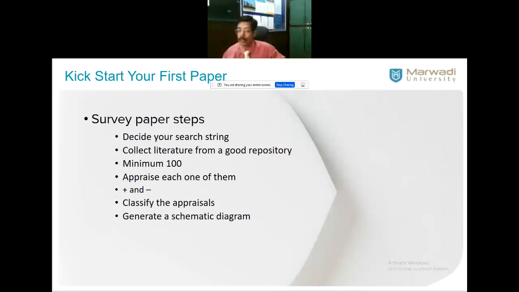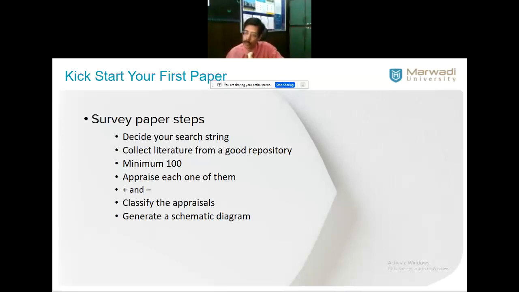Five people can produce PhDs. So that is possible. Then in that, which direction should I go? Your guide will help you with that. So you need to collect literature from a good, authentic repository. That is why friends like Jaja sir used to take the Scopus index. Marwadi also is so keen on at least one Scopus index or SCI index before you submit the publication. We are all for that. That is quality. People refer only to those papers for further research. So that is important. Collect literature from a good, trustworthy, authentic repository.